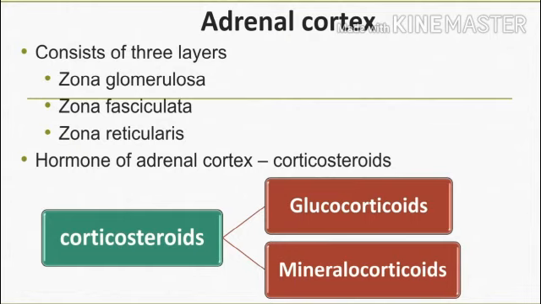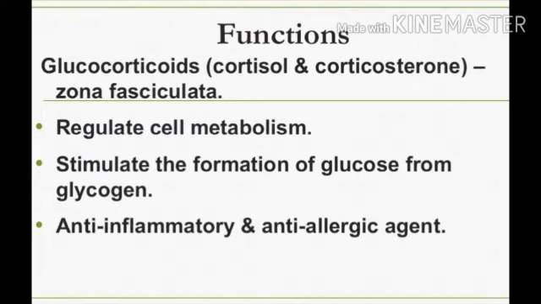So, the hormones which are secreted by the adrenal cortex are called the adrenocortical hormones. First are the glucocorticoids. The glucocorticoids secreted by the zona fasciculata are cortisol and corticosterone, and their functions are: they regulate cell metabolism and stimulate the formation of glucose from glycogen in the liver. So glycogen will be present in the liver and these glucocorticoids will help in the conversion of glycogen to glucose, and